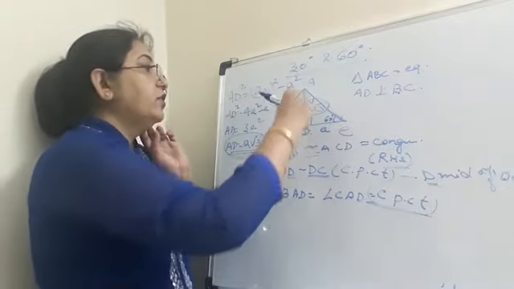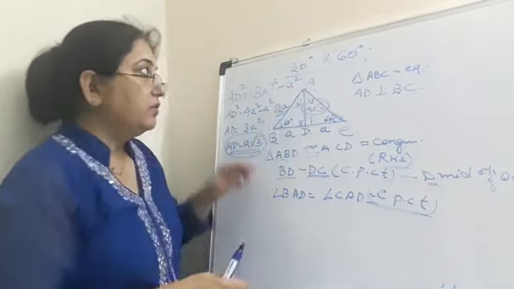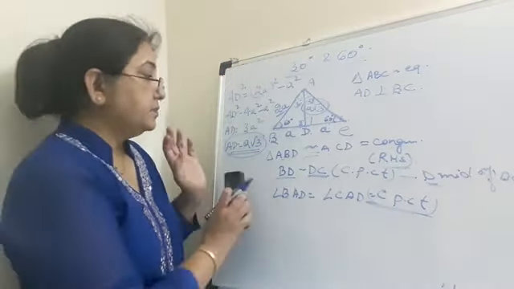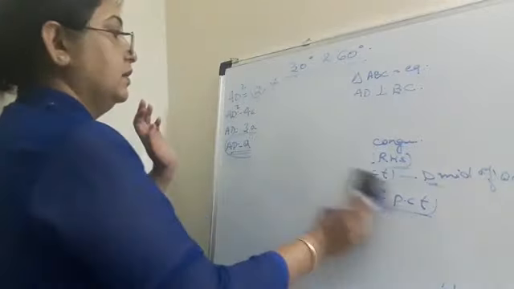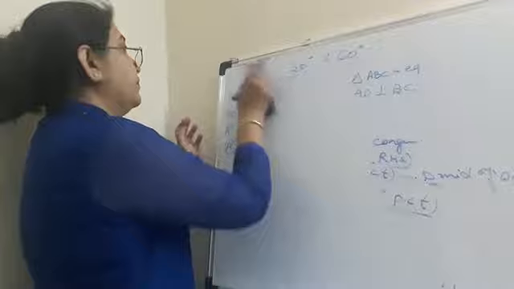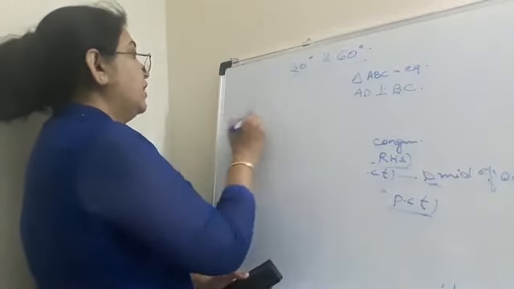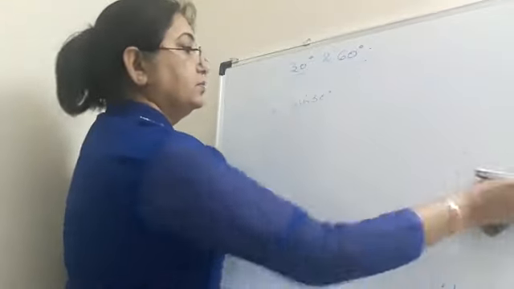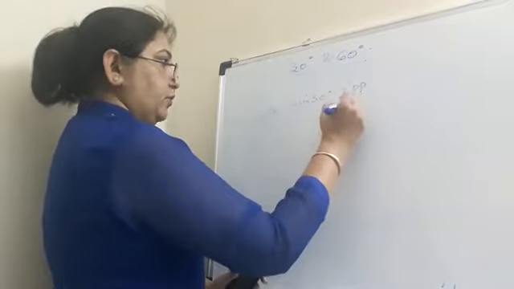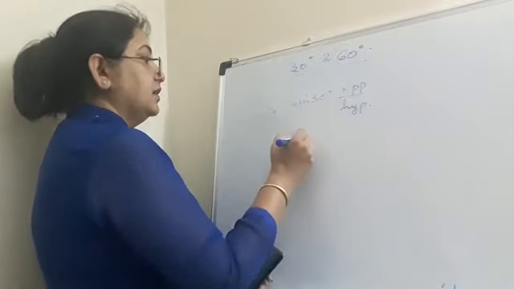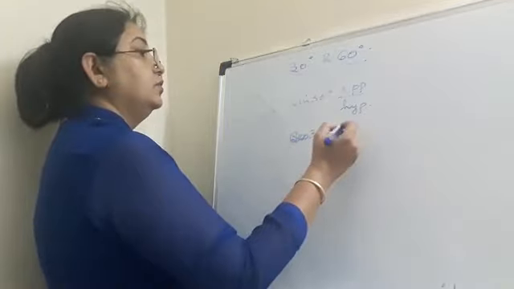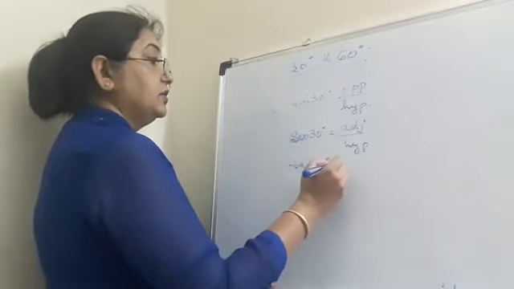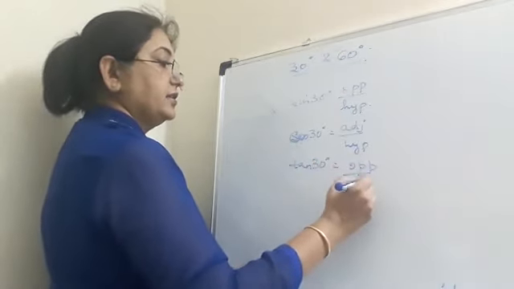We've got this side, we've got this side, we've got all the angles, and now we will find the ratios of 30 and 60 degree. Okay, so we now write sine 30. We know that sine 30 is equal to opposite upon hypotenuse. We have learnt this. Then cos 30 is equal to adjacent upon hypotenuse, and tan 30 is equal to opposite upon adjacent.